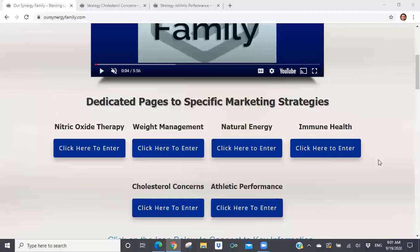And today we're going to do cholesterol concerns and athletic performance. Plus, I do want to come back to immune health. I didn't have time to put together a social media campaign last week because I needed to get the videos done. But I do have a social media campaign that I'd like to show you in regards to immune health. And so those are the three things we'll cover today: cholesterol concerns, athletic performance, and then a social media campaign